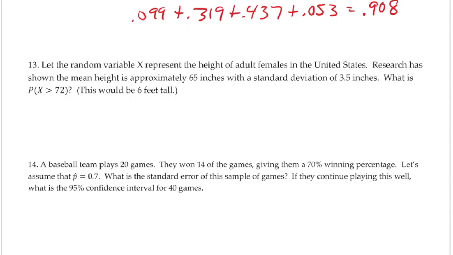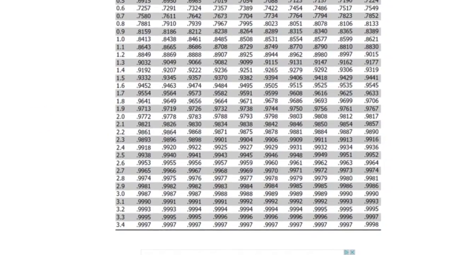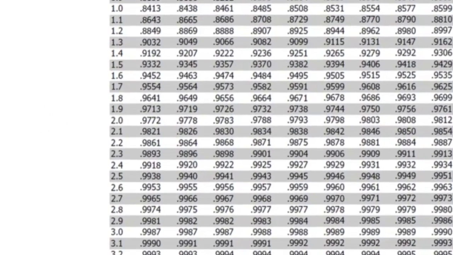So the z-score, the data value here would be 72. The mean is 65. And the standard deviation is 3.5, which gives us a z-score of 2. So I'm going to look up a z-score of 2. A z-score of 2 is